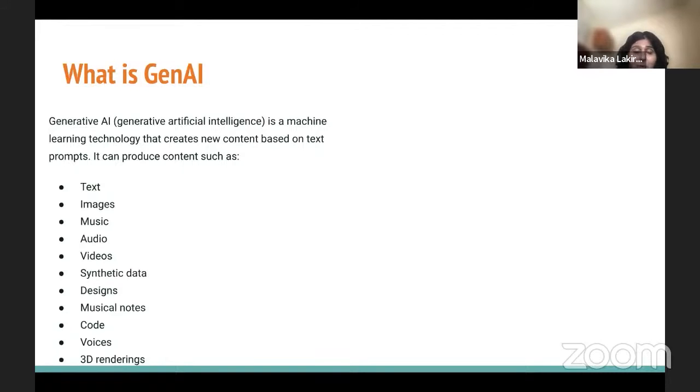When we talk about generation, it's not only text. There is a very wide range of types of outputs which can be generated using generative AI, which includes everything from images, video, and audio. There have been cases where people have produced all-new music based on generative AI. There are things like synthetic data, designs, and code. And code has been one of the more popular use cases, especially for enterprise products.